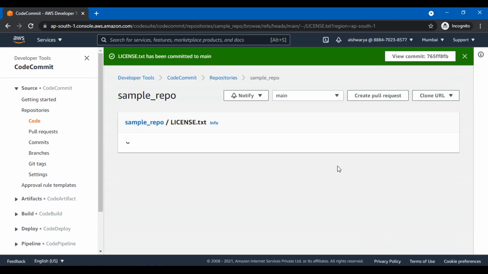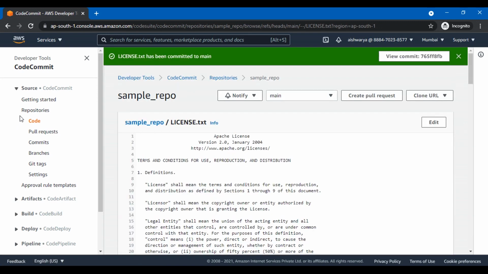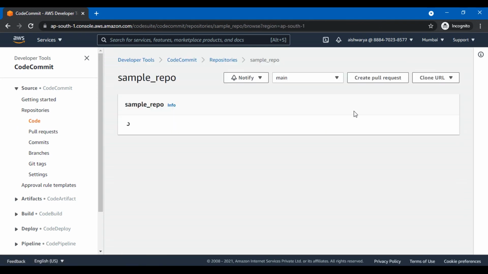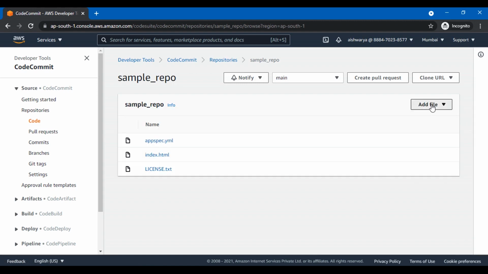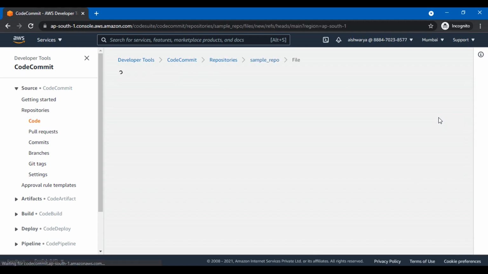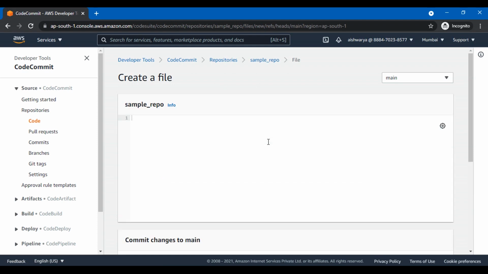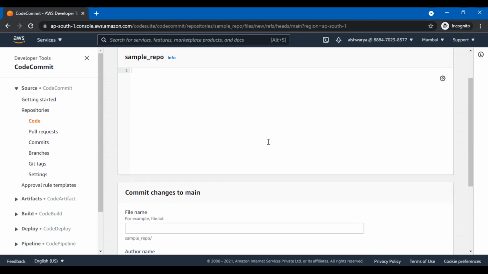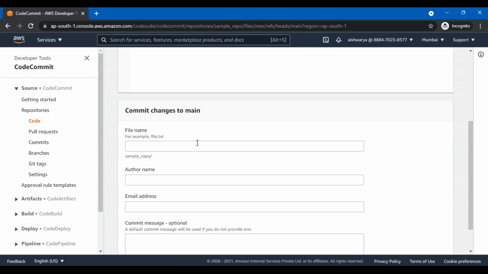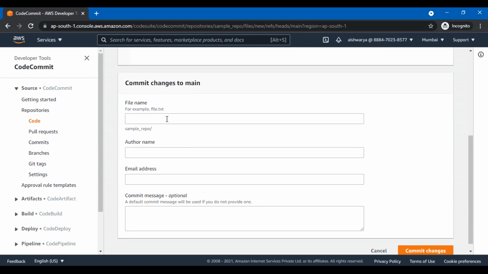So the last one, one folder I need to add. Going back to the code and then click on add file. Now I will click on create file because I just want to add a folder now, so it can't be added directly, but what I have to do, I can give a name like scripts and then the file name, like the file name was install dependencies.